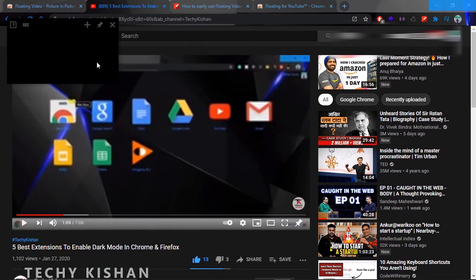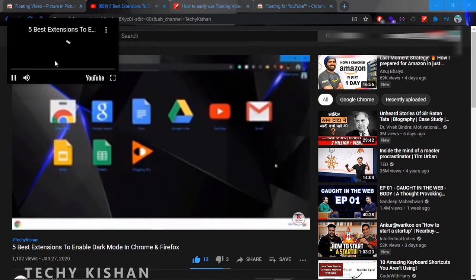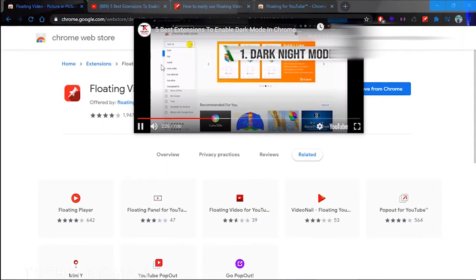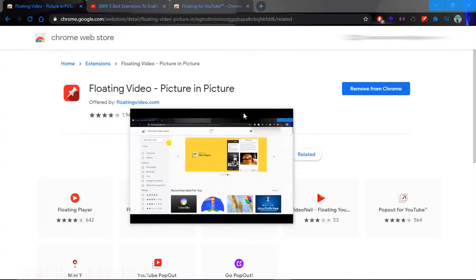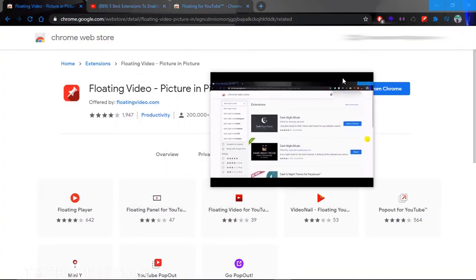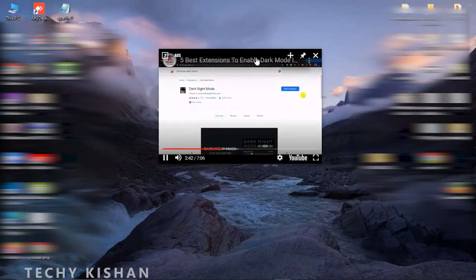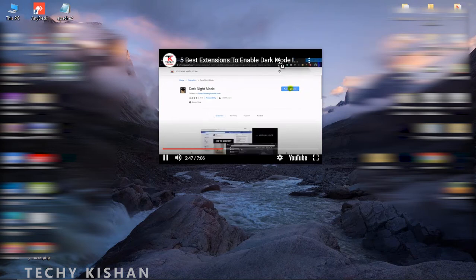So friends, on the right bottom corner you can see the plugin symbol on your video. Whenever you click on it, it automatically detaches your video from your player to a new player on the corner, and you can extend this view to whatever size you want, and you can also drag it. To drag it on your desktop, you just have to click on the plus sign, and you can drag it anywhere you want. And friends, this also works in desktop mode. If you close or minimize the browser, you can still see this view.